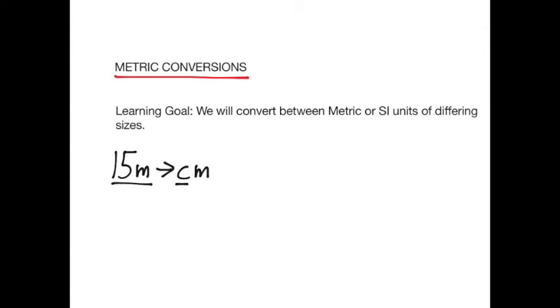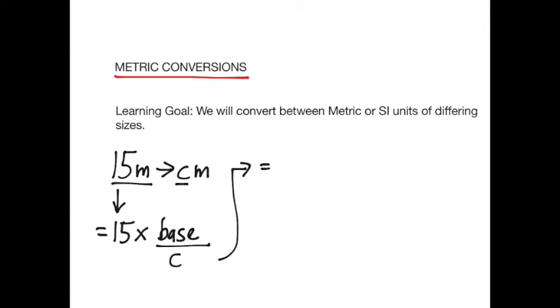The first step in doing so is writing down the initial measurement. In this case, it's 15. We're going to multiply this by the conversion factor for the base unit divided by the conversion factor for centi. If we look on the metric conversion table that has been provided to you, you can see that the metric conversion factor for the base unit is 10 to the power of 0, and the metric conversion factor for centi is 10 to the power of